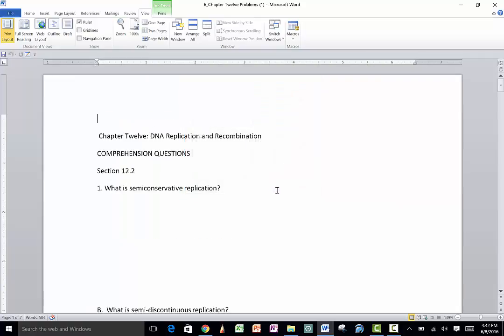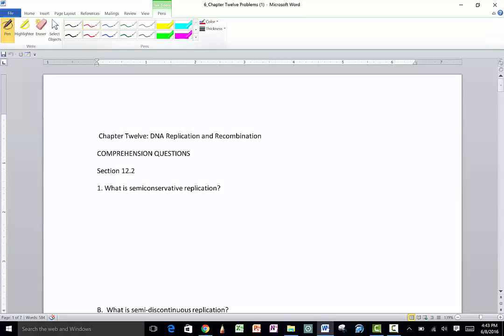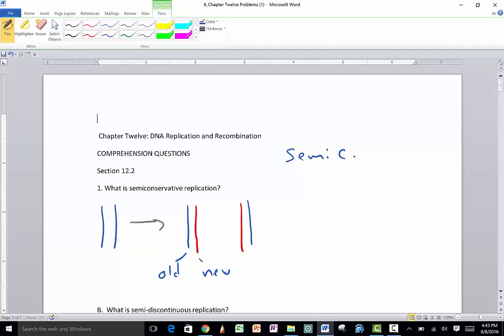All right, so what is semi-conservative replication? That is the accepted and well understood replication mechanism for DNA replication. And the whole thing is when you replicate, you get new DNA, and each new DNA has one old strand and one new strand. This is old, this is new. Semi-conservative